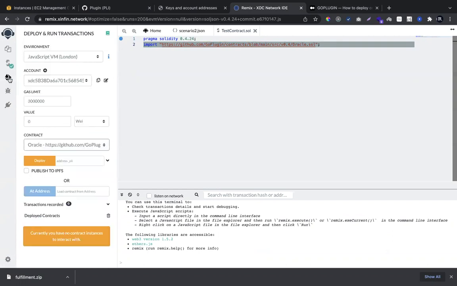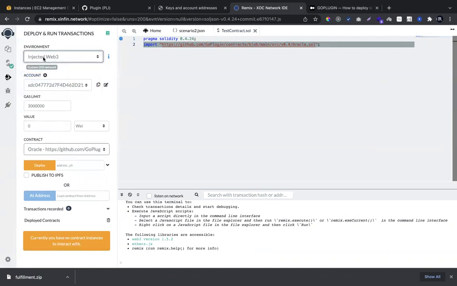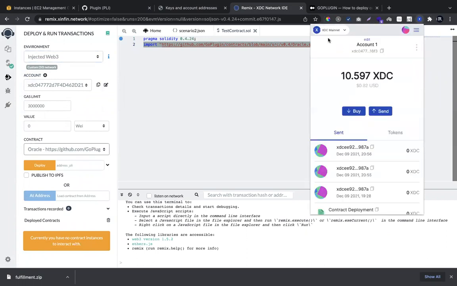Just go to the deployment option and change your environment to web3. Once you change to web3, it will get the wallet from your XDC Pay. It shows XDC mainnet, and we have an account, right? This is the account address shown up here.